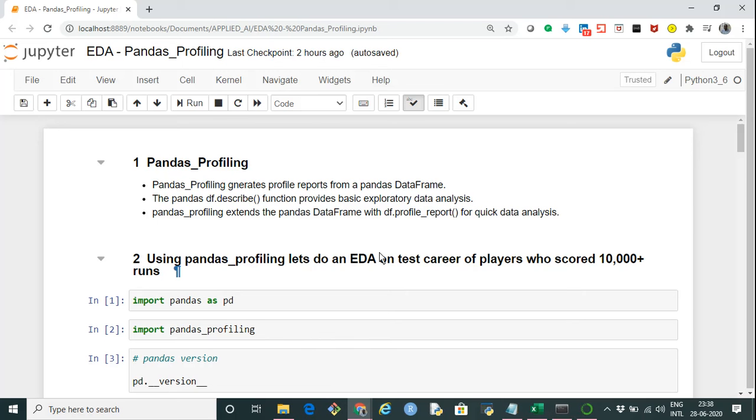Yeah, hi there. In this tutorial, we are continuing with exploratory data analysis. We are going to cover the pandas underscore profiling library in this particular tutorial. So usually